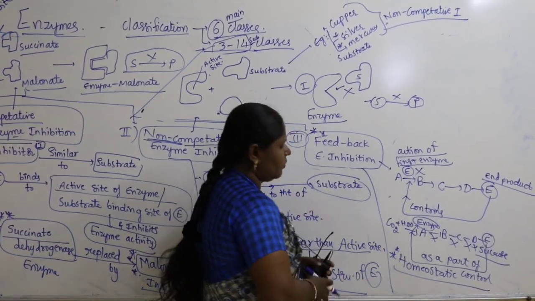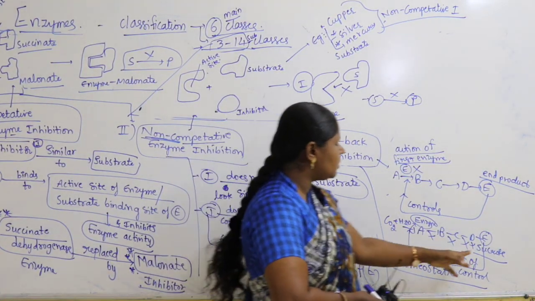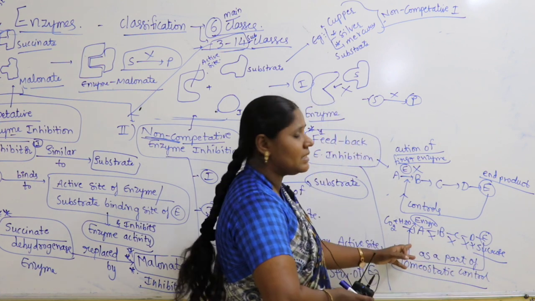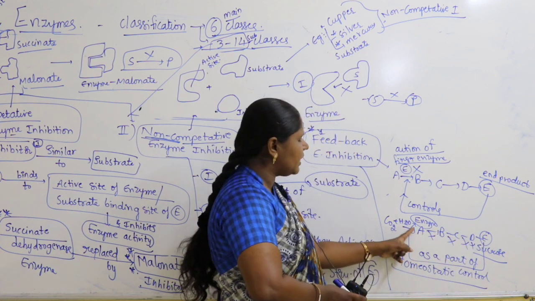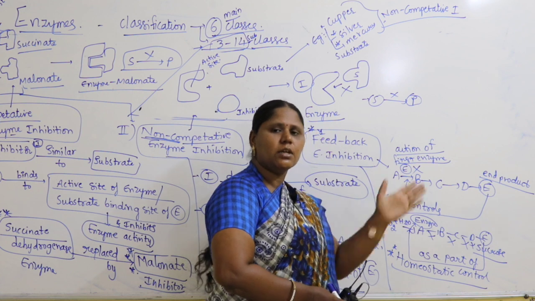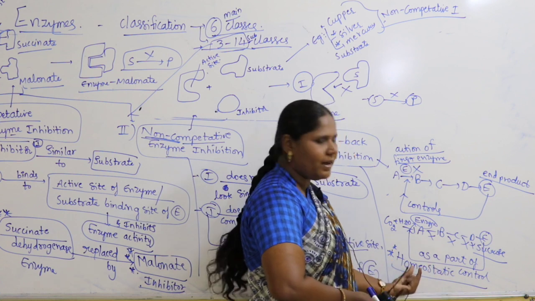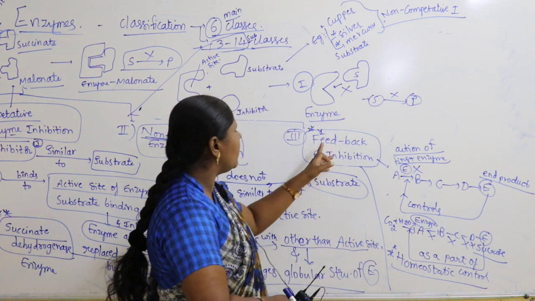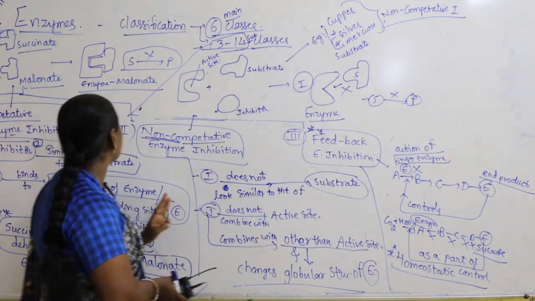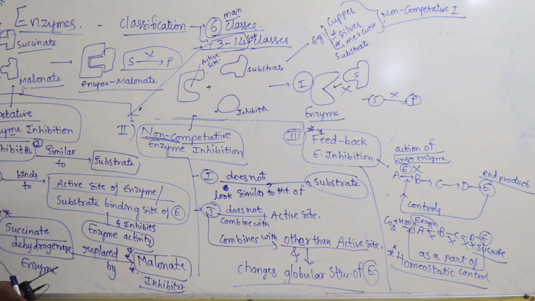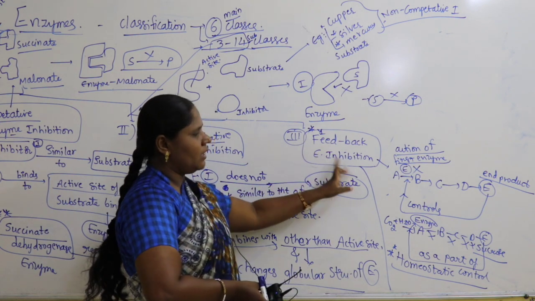So in this case, what is homeostatic control? To balance the catalysis of a chemical reaction. Here sucrose is fully produced, and no more mesophyll cells are ready to take their food. Then the end product sucrose itself will control the enzyme of the first reaction. So the complete chain of reaction will be inhibited or stopped as a part of homeostatic control to balance the chemical reaction. This is what we call feedback enzyme inhibition. So we have altogether three categories. What are they? Competitive enzyme inhibition, non-competitive enzyme inhibition, and feedback enzyme inhibition.